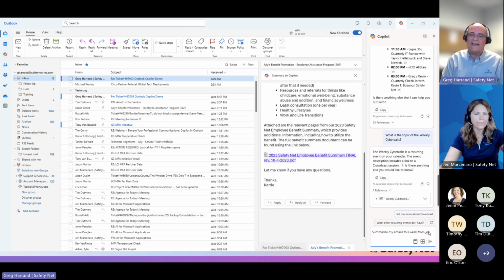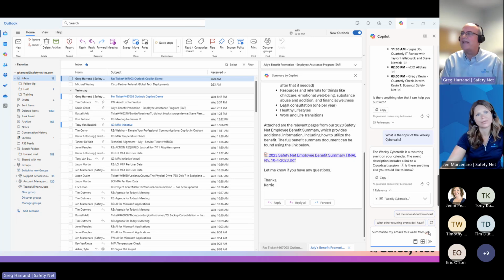I'm not going to do that because there's a lot of emails, but you get the idea. They have the built-in prompts. Now, one of the things that Microsoft did do with the whole Copilot line, and that's across the whole Office 365, so Word, Excel, Outlook, is that they've given you some sample prompts.